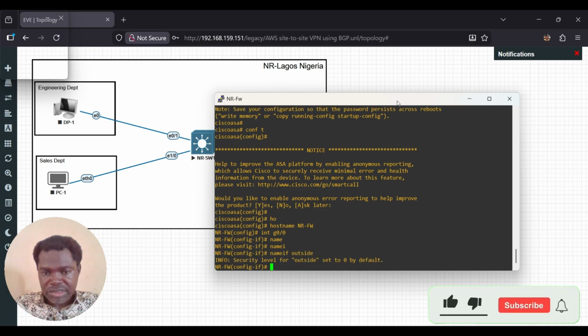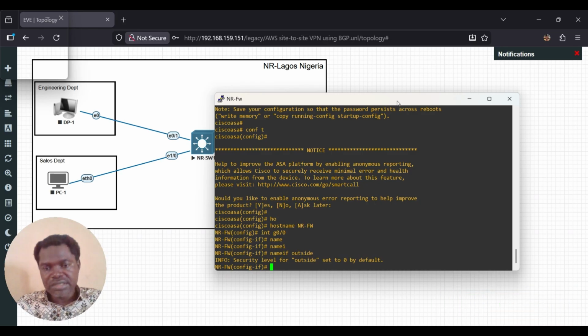So it sets the security level to 0 by default. I'll be explaining the technicalities behind all this later in my subsequent videos, for those at the 16A and 16MP level, and those who are beginning. But this one I want to focus more on site-to-site VPN. So I will skip some technicalities here.